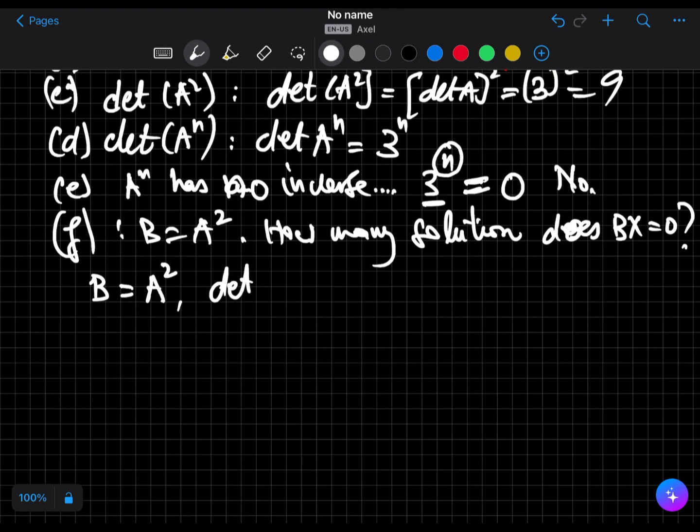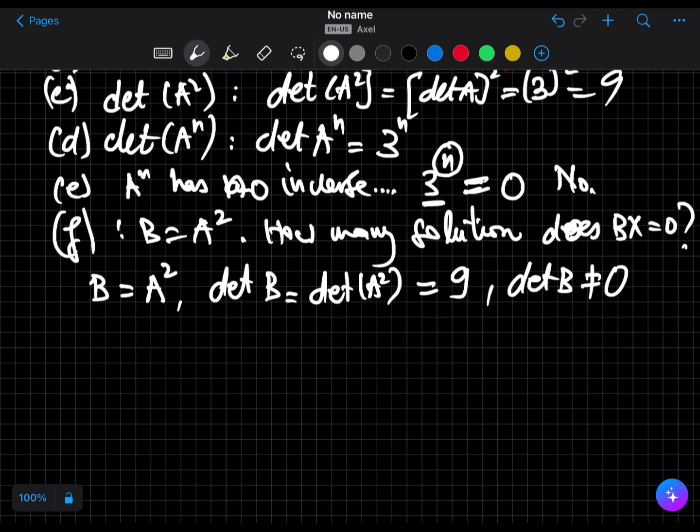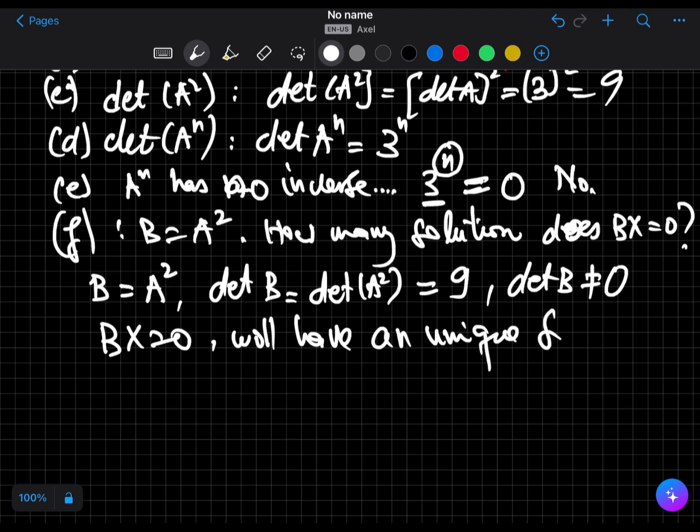Therefore, determinant of B is determinant of A squared, which is 9. So we see that determinant of B is different from 0. Therefore, Bx equals to 0 will have a unique solution,